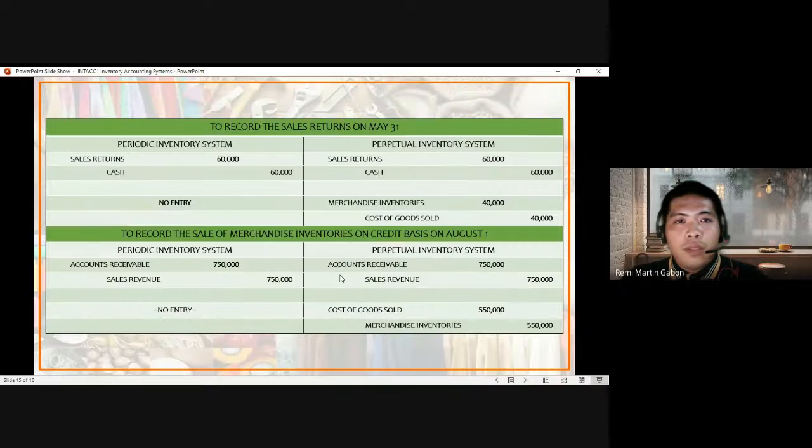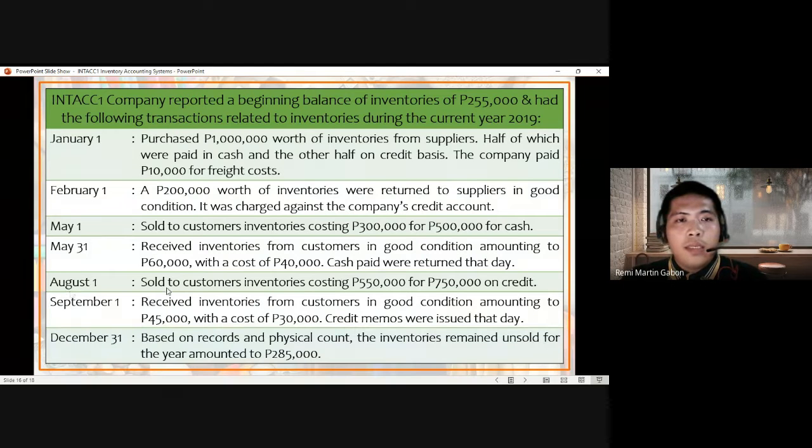August 1, sold to customers inventories costing 550,000 for 750,000 credit. So credit basis naman. Okay? Instead of cash, it's on a credit basis. So to journalize,